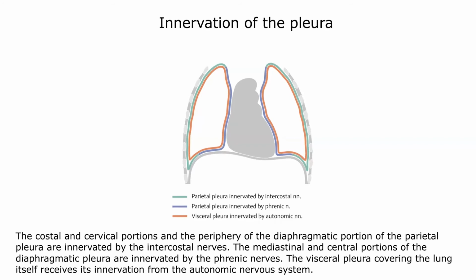Okay, so we talk about the innervation of the pleura. I need not go into detail, as I spent good time on it during the structure of the week session. Just a quick recap: mediastinal pleura, costal pleura, and the diaphragmatic pleura, which have been shown to you, and you are expected to know which nerves supply where, and that has been emphasized a lot. Phrenic nerve, and then the subcostal and intercostal nerves, and the visceral pleura, where we talk about the autonomic supply. So, guys, you are expected to be very good with these concepts. They are really, really important.